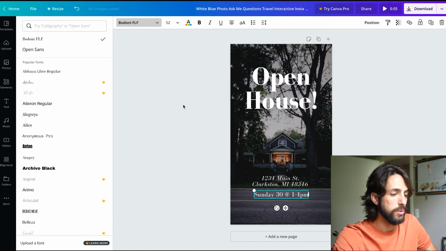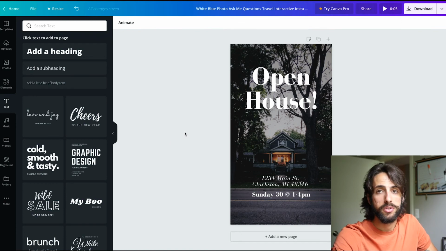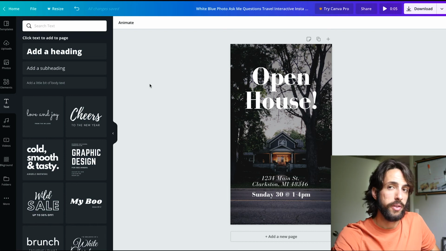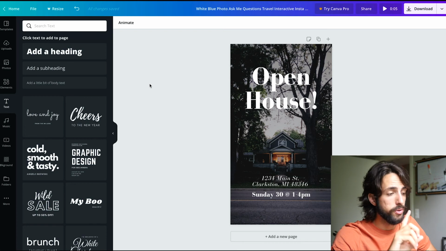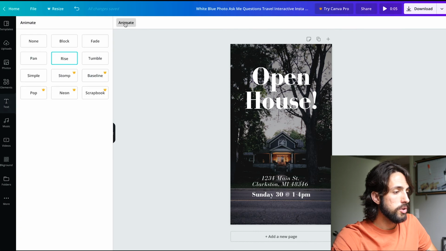And then if you want to make it stand out a little bit, you can bold it, give it some hierarchy, and you can play around with it. Obviously, there are no rules. Now, we're done with throwing text on there. Our photos are in. What you can do, this is very new to me on Canva, is animate the text and objects on your page. So you can click up in the top left corner, animate,